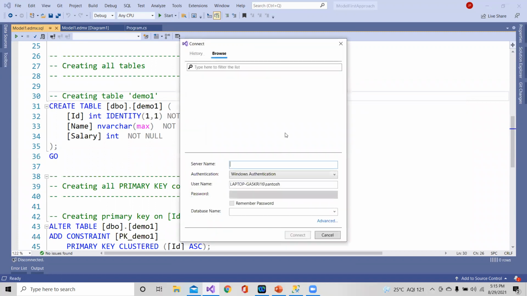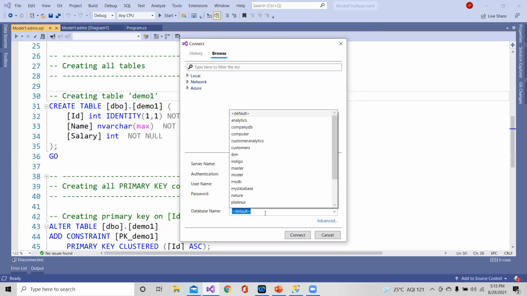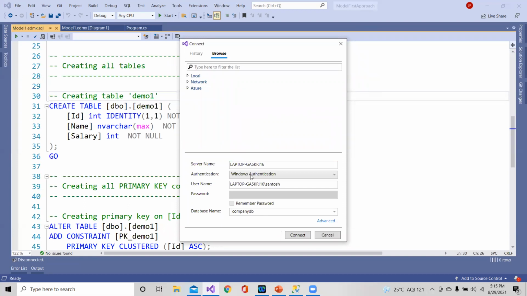So once you execute this, it is going to ask you again the server name and the database name so that it can create the particular table over there. So let me just paste the server name again. So what is the default database name? I want to give company DB. Otherwise, again, it is going to take the default database name.